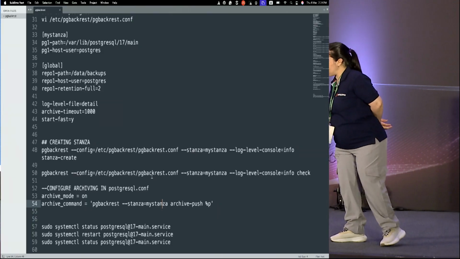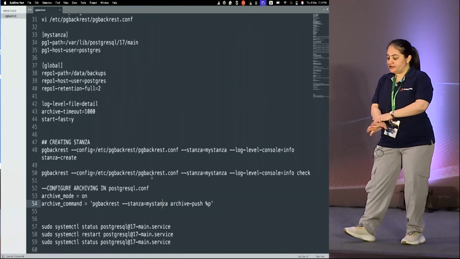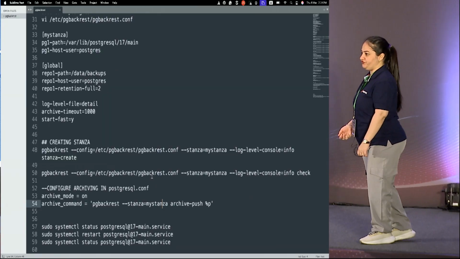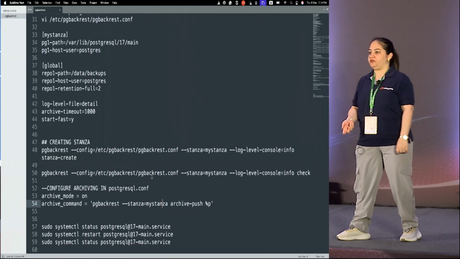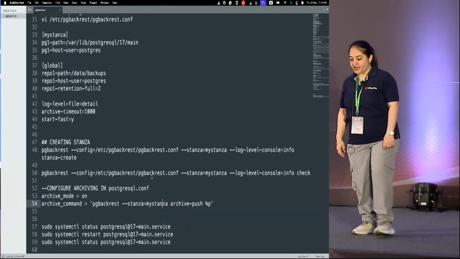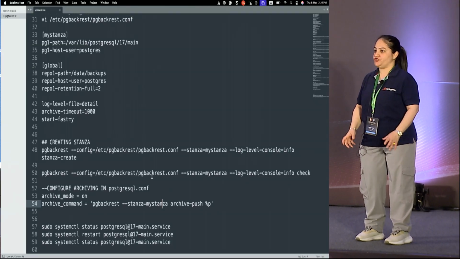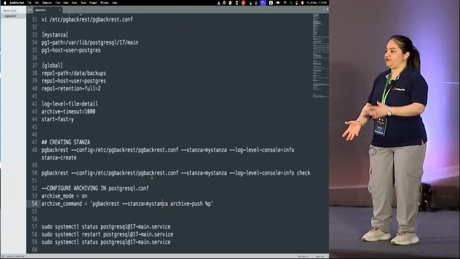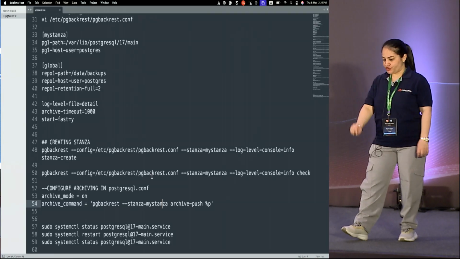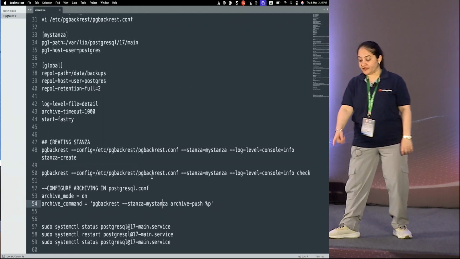So it starts with pgBackRest, then the configuration file. This is optional, but some companies have their own custom path for the config file, so we need to provide the path of the configuration file. If it is the default, I can skip this parameter, but I have purposefully put it so that from the beginning everybody has the habit of specifying this configuration file. So dash dash config, the path of the configuration file, then the stanza,